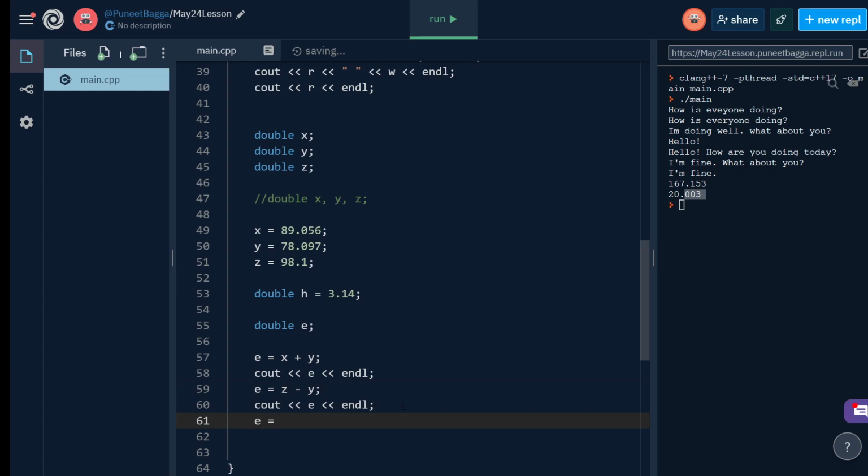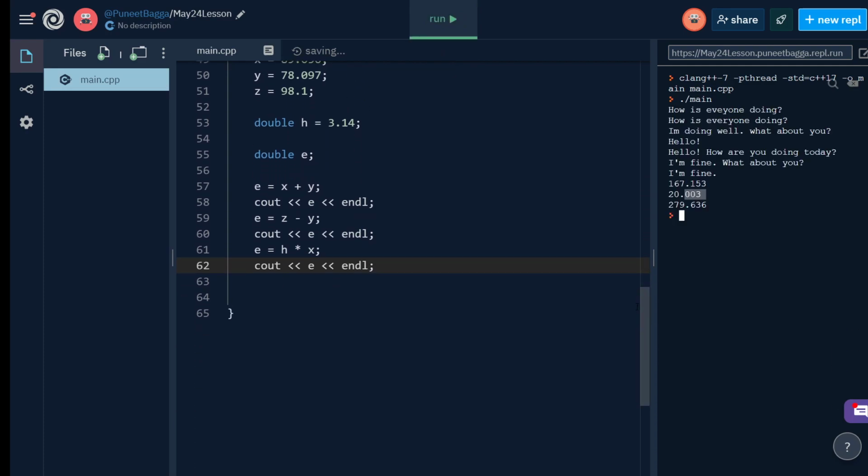E is equal to H times X. You can do division. And now, especially with double division as compared to integers, again, we'll have the decimal